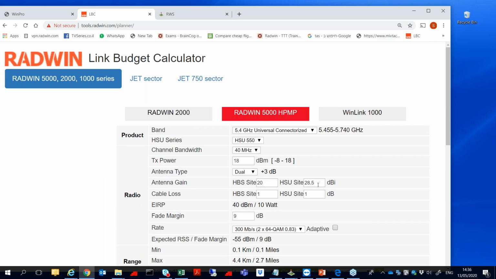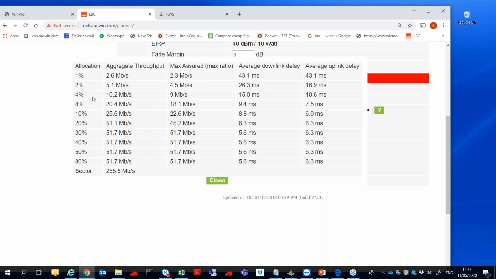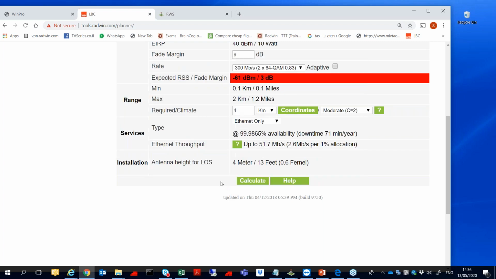Now let's look if I decrease the antenna gain of the subscriber to 22. Of course, the fade margin is decreased, the RSS is decreased, and without relation to the fade margin, 1% now is 2.6. But if I reduce the modulation,